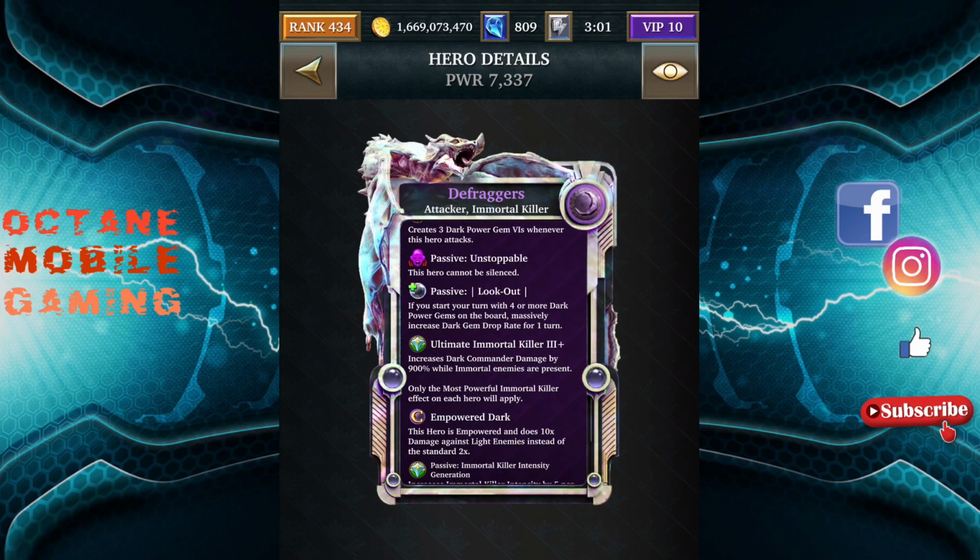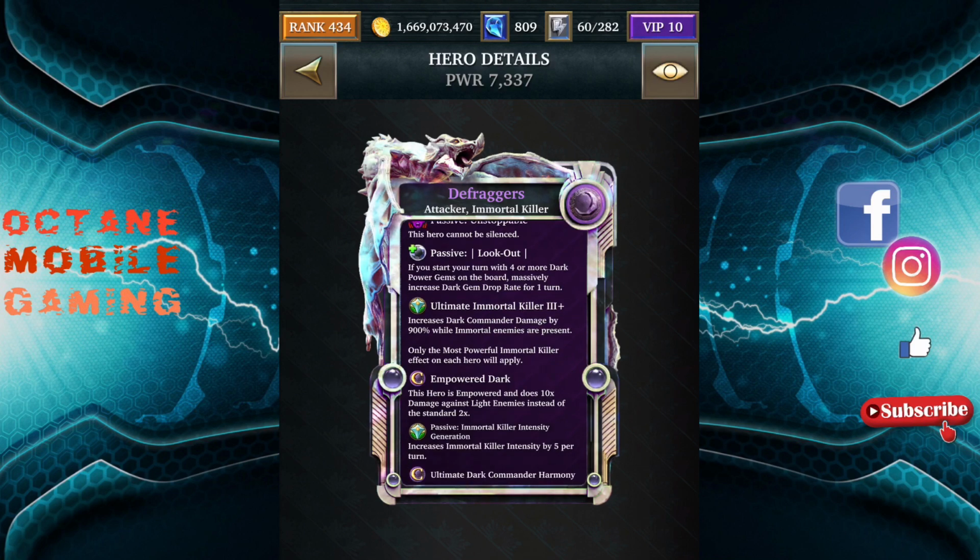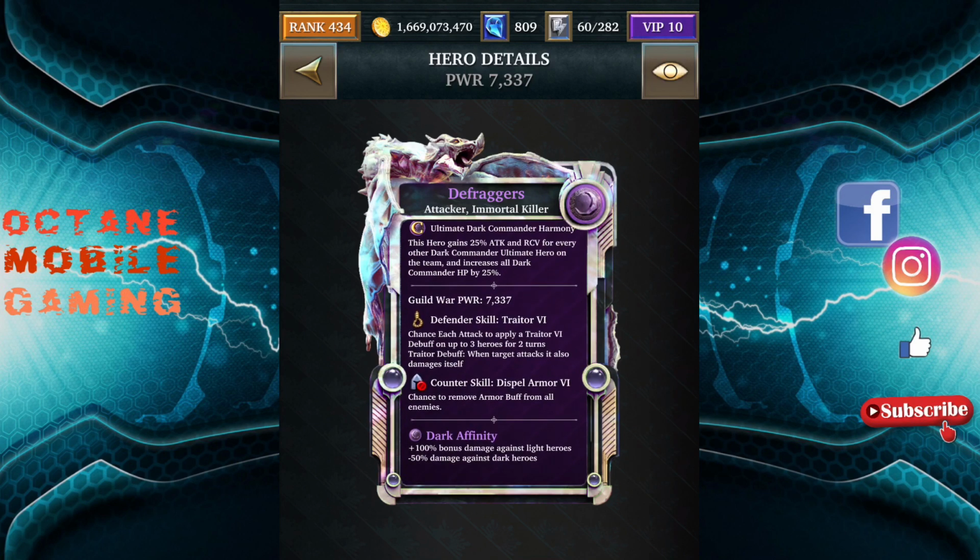Lookout is absolute rubbish. I don't believe gem raining ability is a really good passive skill to have on any card. It doesn't really work very well. It doesn't work as well as gem fall. So personally for me, I think that's absolute garbage. One of them